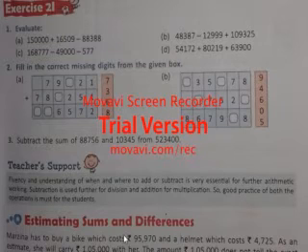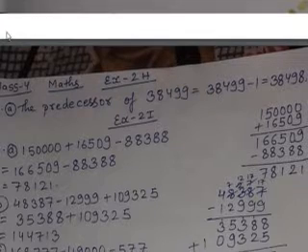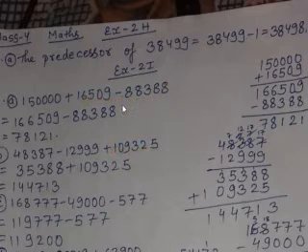Here also it is evaluation, and of course I had solved all the evaluation. You can see the stepwise. I did in the question also, so if you will not watch over here, then also we can go directly towards the solution. Only you should understand that this is evaluate, because I had written the number itself over there. If you will see 2h number, yes, this is the question. First number 1,50,000 plus 16,509 minus 88,388. So what we did, we added 1,50,000 and 16,509.